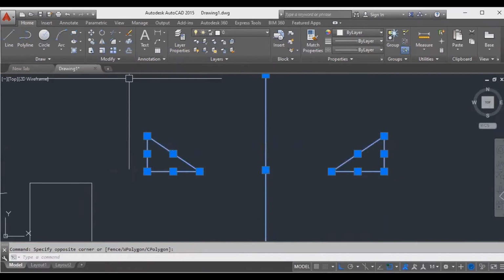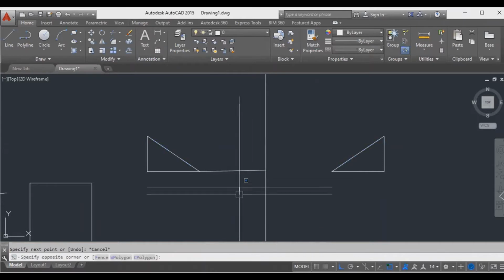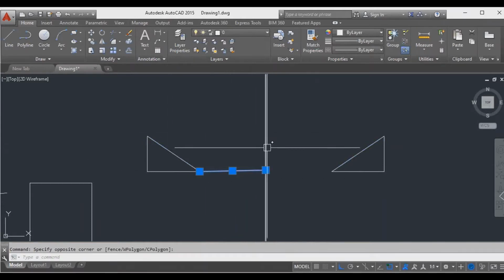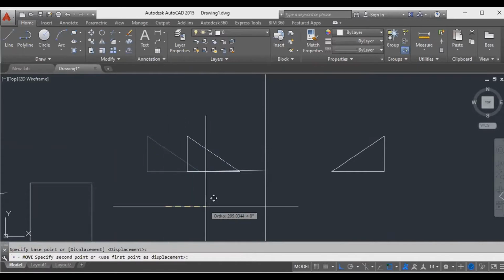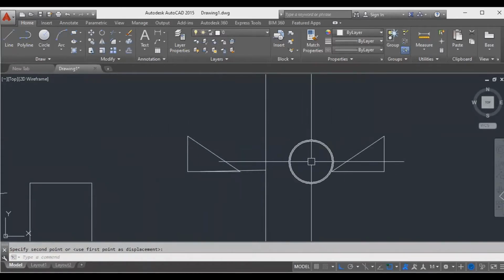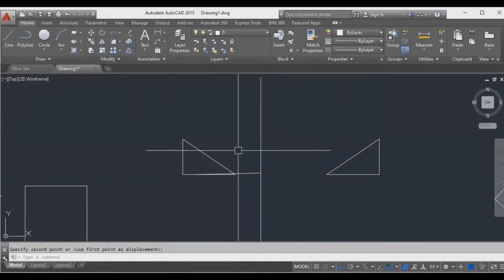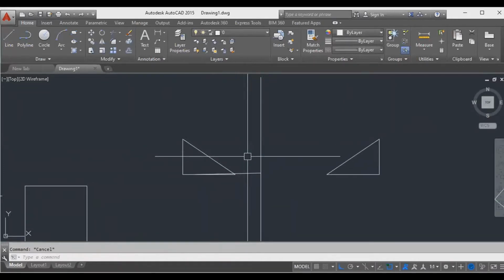One thing you have to know: see the distance from here to here, whatever the line. This distance from the object to the mirror is the same, and will be reflected to the opposite side. If the object is very close, the mirror image is also very close. If it is far, the mirror image will also be far away. Okay, this is the way the mirror command works.